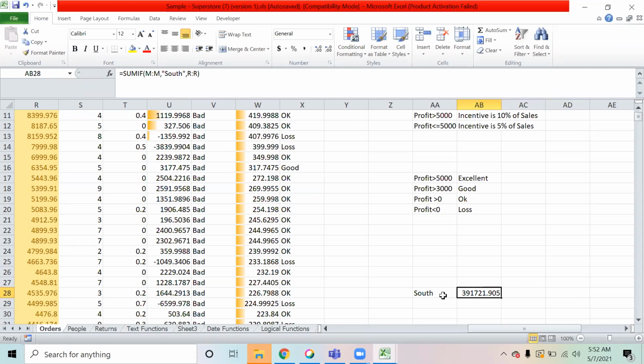So now you see over here, in this formula, what I've done is I have written South as hard code, right? I've written the condition South. Can I not do something like, if I remove South from here and I give the reference of this, whatever is written over here, that is South. So I want in this range to find the sum of whatever is written over here. That will also do the same thing. I get the same number.